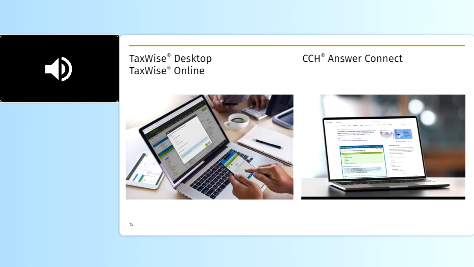Typically, when I get to a slide that lists out all the requirements for an S corporation, all of it came from Answer Connect. So I always do like to take just a minute or two to highlight that if you ever do want that second line of defense, you want to make sure that you're working through some of these items of the tax return correctly, whether it's a personal or business return, I would highly recommend taking a look into Answer Connect. It does sync up with TaxWise, so you can load this up directly from the tax software, or you can do what I've done here, just open it up in your web browser. It really doesn't matter. Okay, so with all of that being said, we're going to go to the next slide